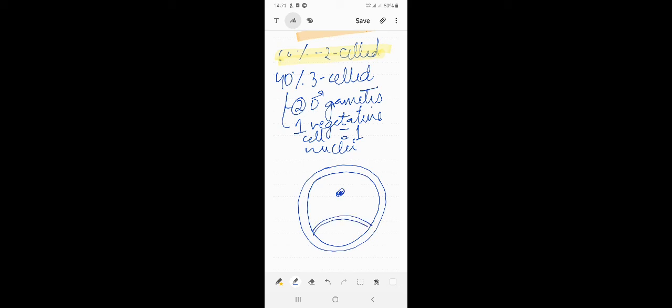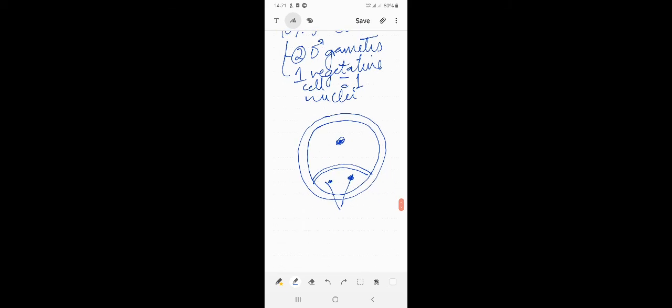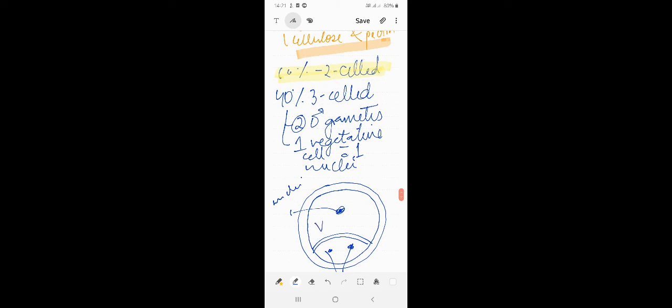So that is important. You can see I have a picture of the three cell stage in which you can see the two male gametes of a generative cell and one nucleus of your vegetative cell, along with the layers exine and intine. So this is your three cell stage. I hope this is all clear to you.